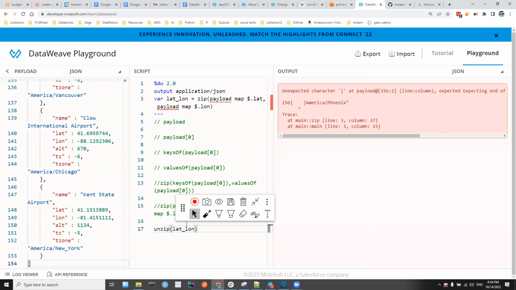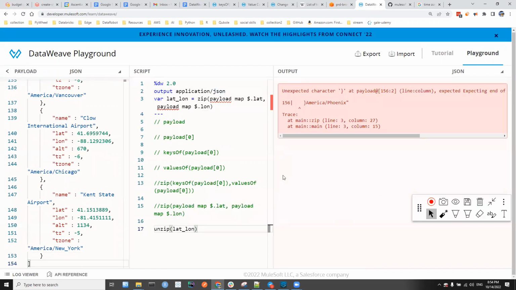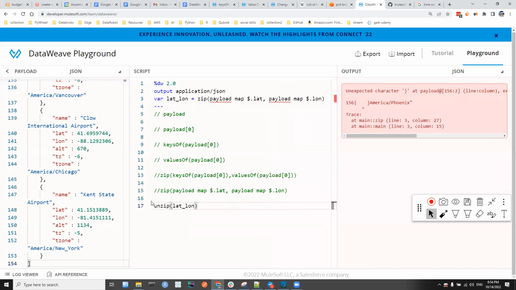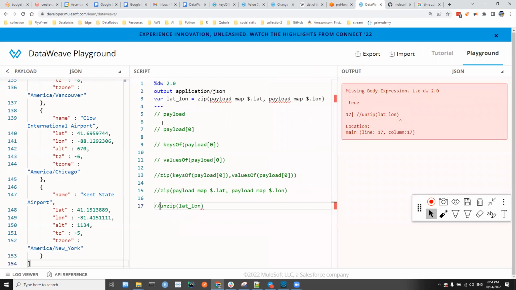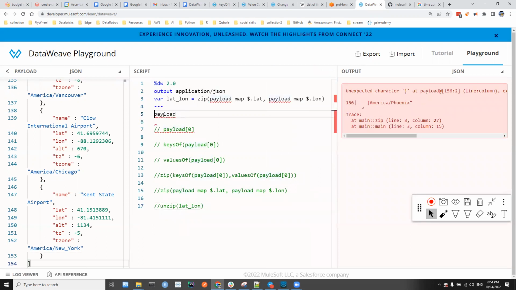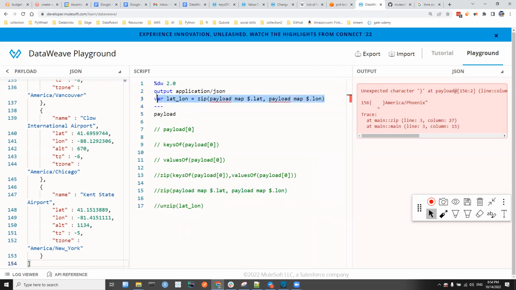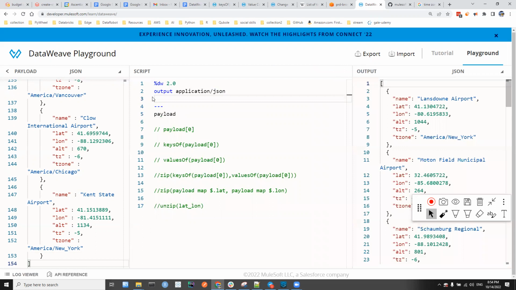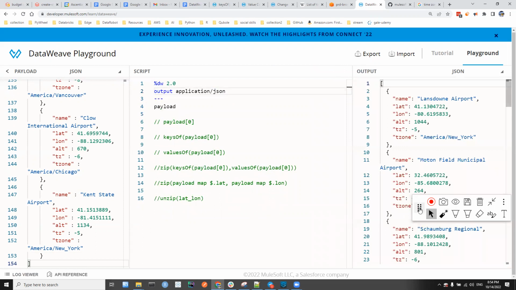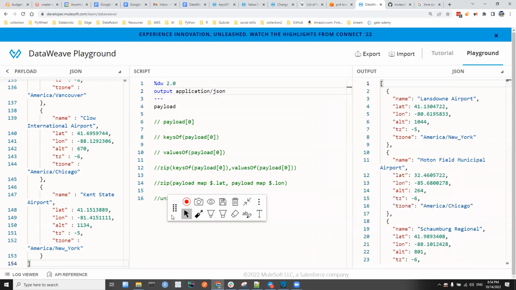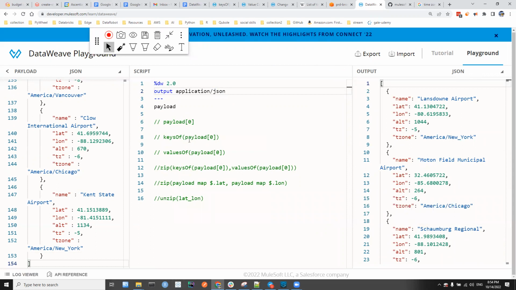Okay, what do we have? If I move this to here, comment this out also. So the payload is original data. Okay, it seems there is an error. Let me remove this variable. So this is the payload's original data. This here. Now,